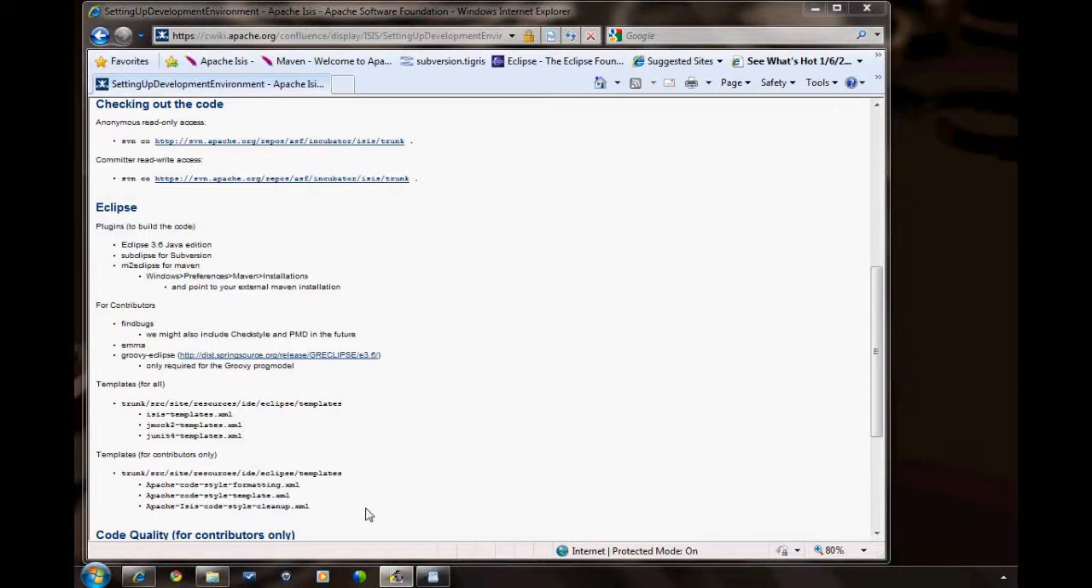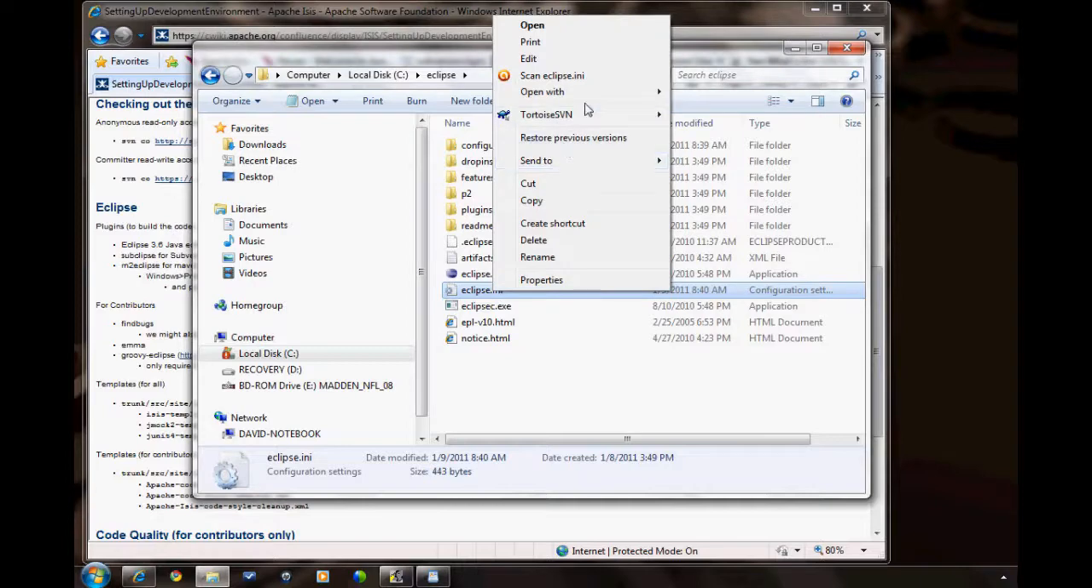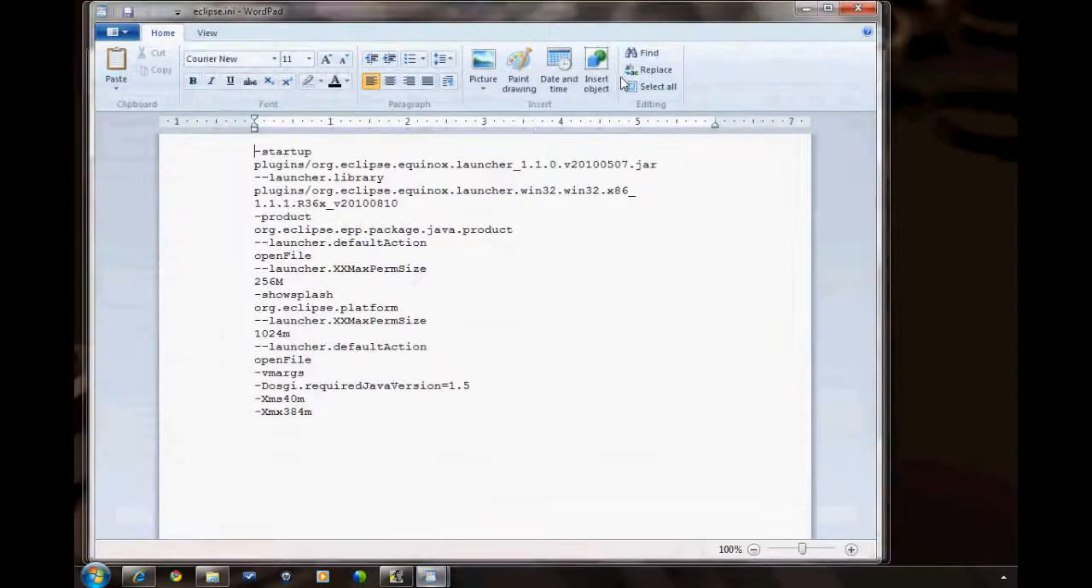So at this point I am going to assume that you have installed Eclipse 3.6 Java Edition. I am using Windows 7. This works as well for the Mac and Linux, just with slightly different paths, and of course the Mac or Linux version of Eclipse 3.6. So what I will do is I'll go under my installation directory for Eclipse and open up the Eclipse INI file. I'll open this with WordPad, and in here the first thing I will want to do